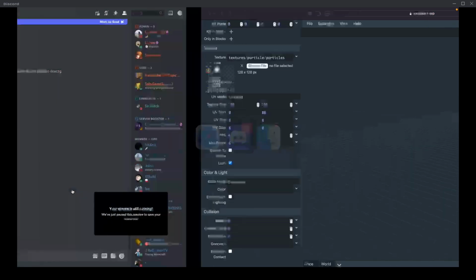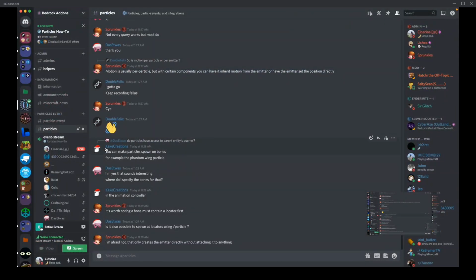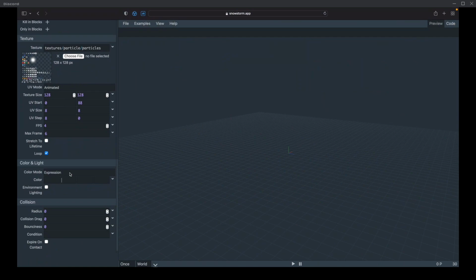Go back to Discord. Yeah, that's probably the case. Okay. Because I actually have like 10 minutes of experience with materials. But yeah, let's see. If I set the color...